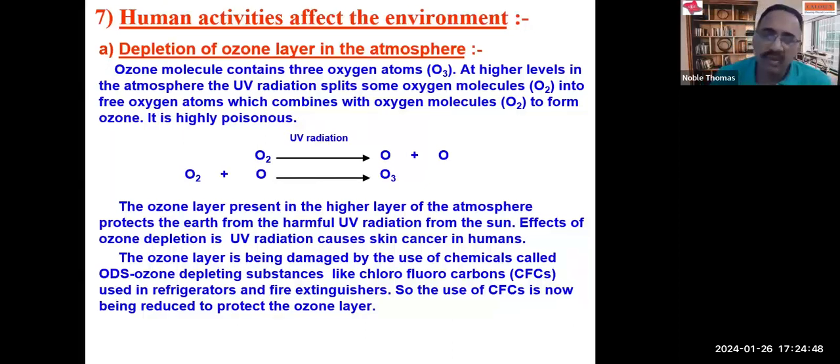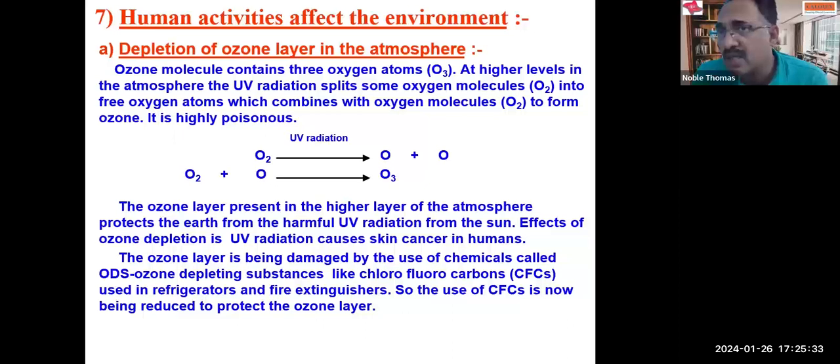Okay. So one of the culprits in that, which is human made, is CFC, chlorofluorocarbons. Chlorofluorocarbons are used in refrigerators, fire extinguishers, and in many kinds of aerosols. But based on some observations by scientists and their presentation in one of the conventions, it has been decided that the CFC level in the atmosphere should be kept as it was in 1986. Many countries very forcefully implemented this and have controlled the amount of CFC in nature.